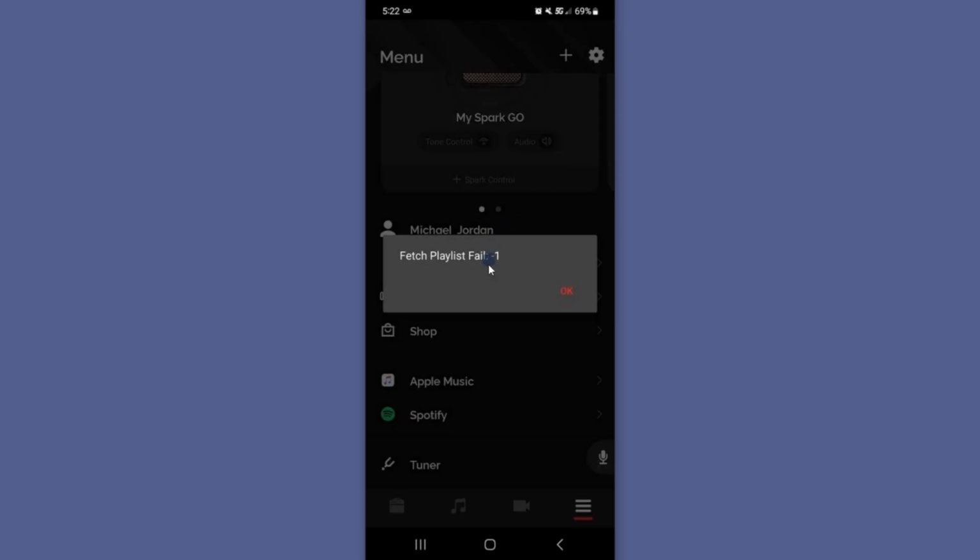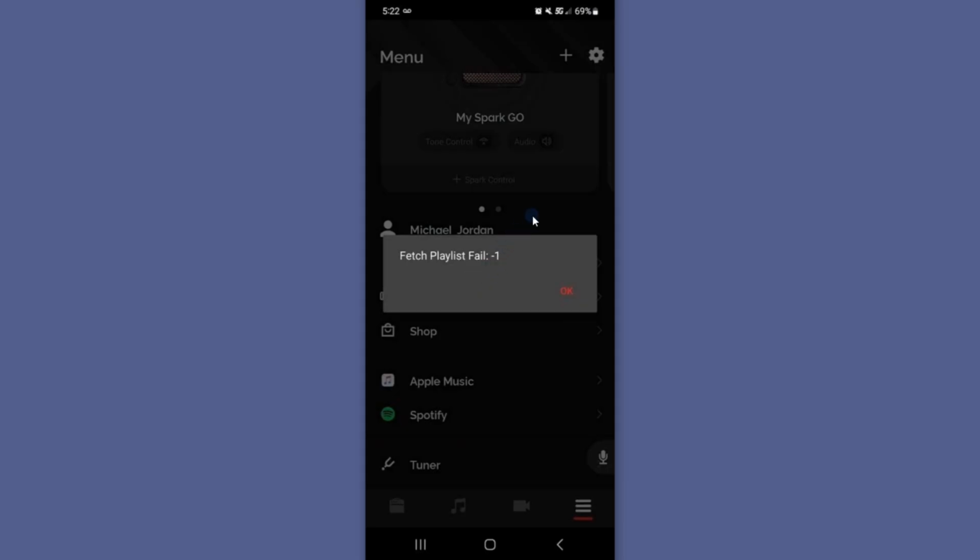So if you are getting this error while you are using Spotify, there are quite a number of steps you can take to fix this. First, make sure that your playlists are in order and they contain music. Otherwise, if your playlist doesn't have music files, then they'll have nothing to fetch. However, if your playlists are intact and they have music and you're still getting the same error, then we need